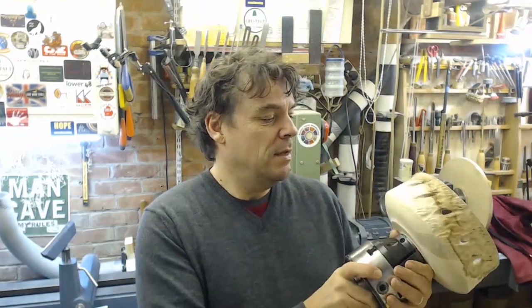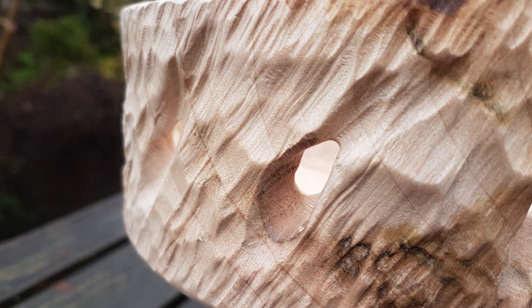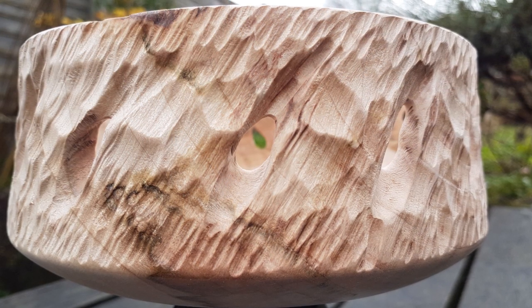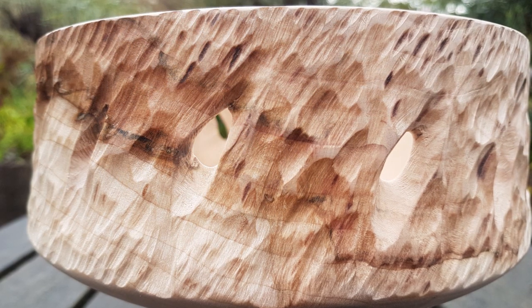So I've split this into 2 parts, partly to give you an opportunity to put some colouring ideas, suggestions down for me, but also to give me a bit longer to make up my mind about it as well, and also to stop it being such a very long video, and maybe then I can do a slightly longer one looking at the colouring techniques that are used on the outside of this to make it into a wondrous piece